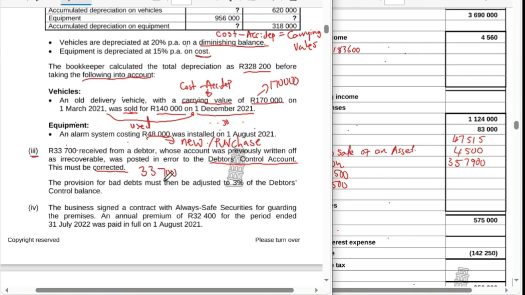This must be corrected. So now, guys, we need to correct our debtors control. So under our debtors control, what happened is that we have